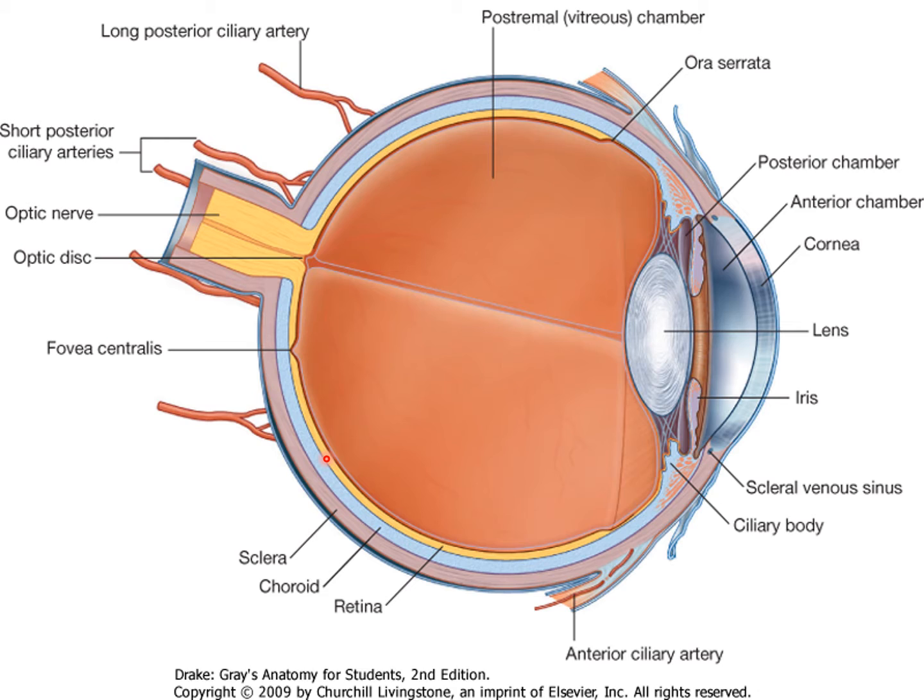The whole of this eyeball consists of three layers. The outer fibrous coat, which we call the sclera and cornea. So the fibrous coat is given the name sclera and cornea. The middle coat includes the choroid, ciliary body and the iris. This one is the ciliary body. Anteriorly, inner to this there is a retina. So the choroid, ciliary body and the iris. This is the ciliary body, this portion is the iris, and this one is the suspensory ligament of the lens. So the ciliary body, iris and the choroid are given the name middle vascular coat. And the inner nervous coat is called the retina.